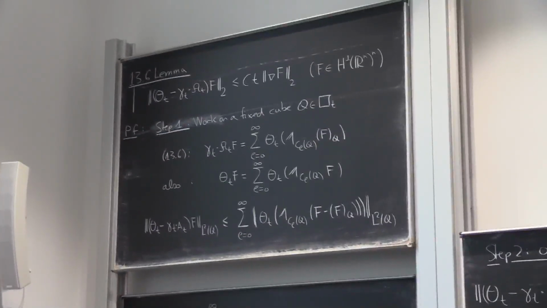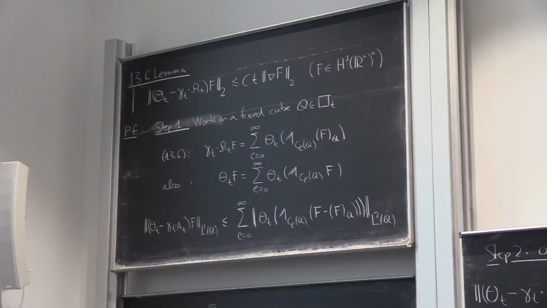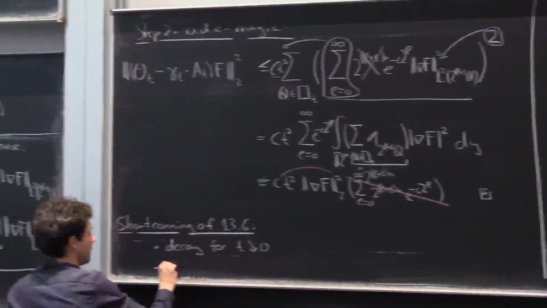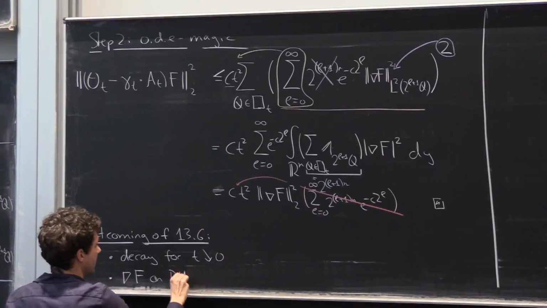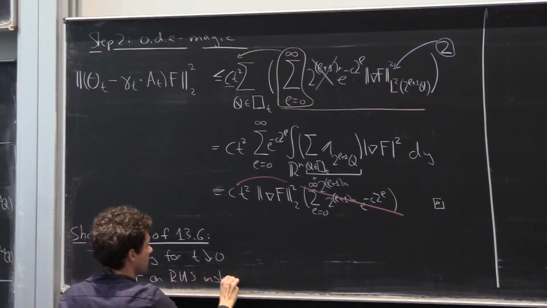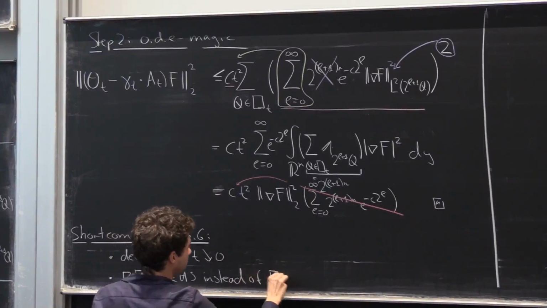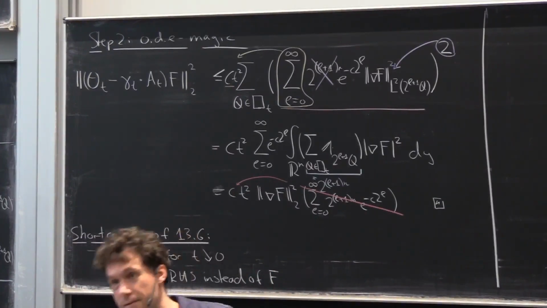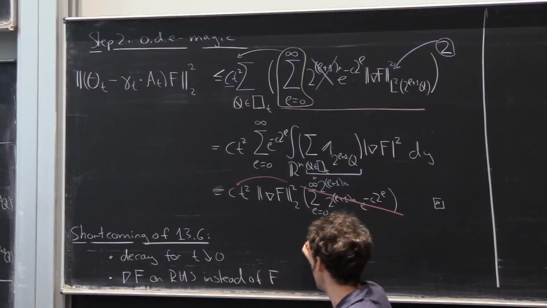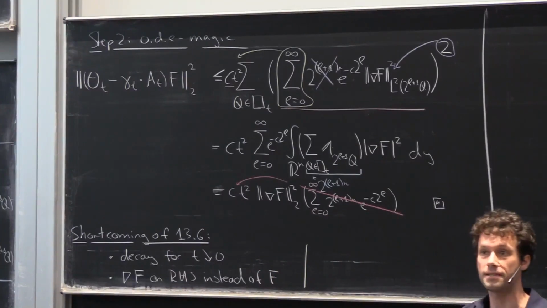Me idiot, I produced an estimate with a gradient of f on the right hand side. Later on, the gradient of f is going to be the gradient of u already, and I don't want to use the gradient squared, of course. So the gradient of f on the right hand side instead of f. Okay, and these are severe obstructions, questioning if the estimate is useful in the first place.